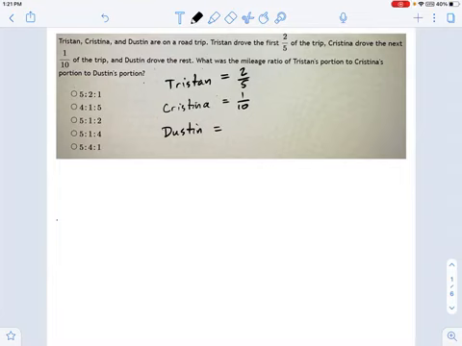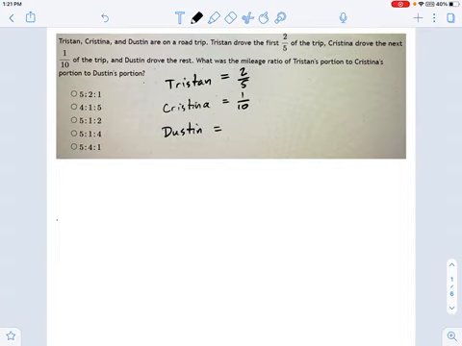All right, we have another example here where we're turning fractions into these odds or ratios, something to something to something, right? Using that colon symbol. And if you just remember that fractions and colons are essentially the same idea, I think we should be able to get through this. So you've got these three friends, Tristan, Christina, and Dustin, on a road trip, and they're